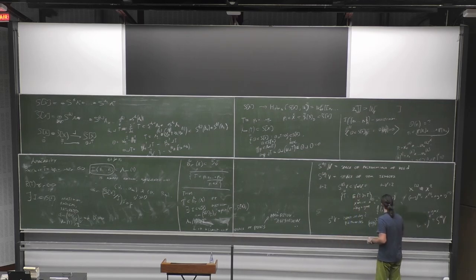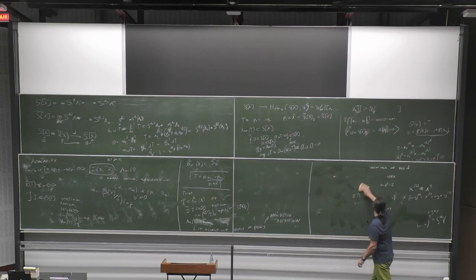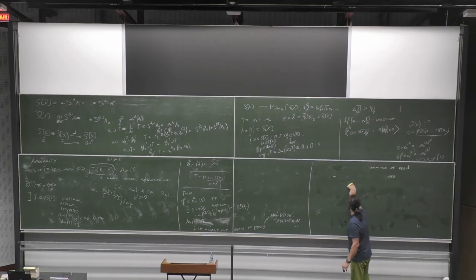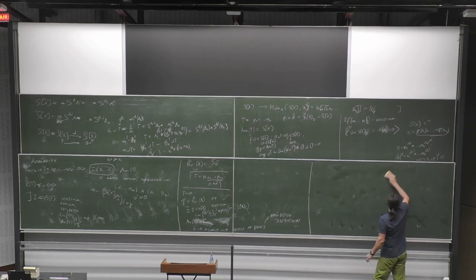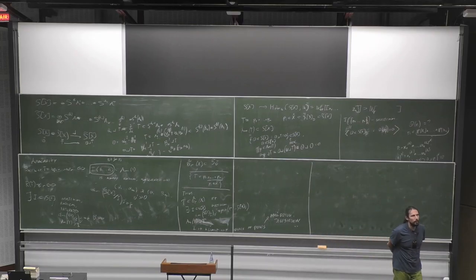So one last thing I want to say is the following, and then I will give examples in the next talk tomorrow. First, when you say I is a limit of ideals,